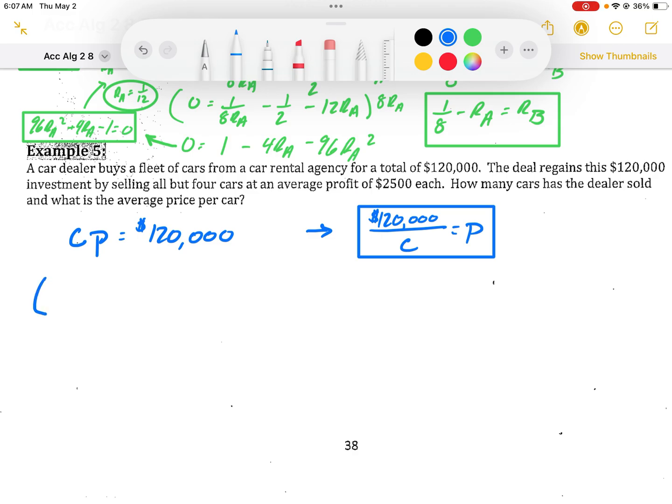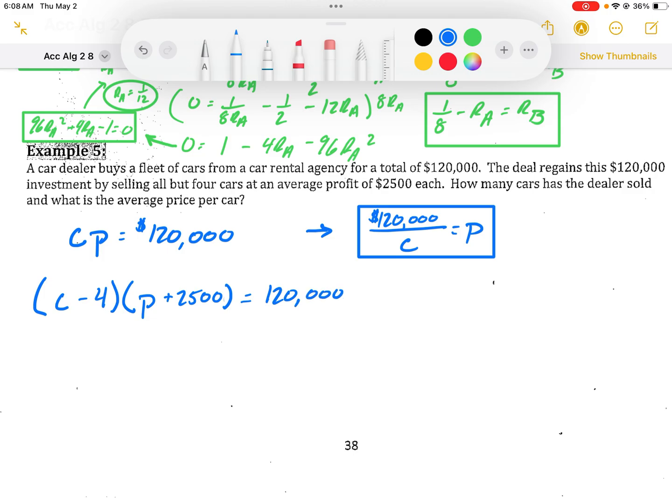So all but 4 would mean the number of cars minus 4 times, now we're selling them at a profit of 2,500, and we're looking at regaining